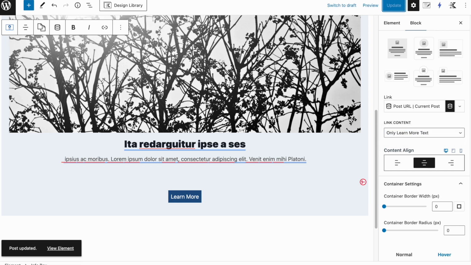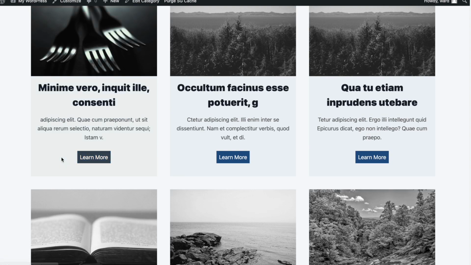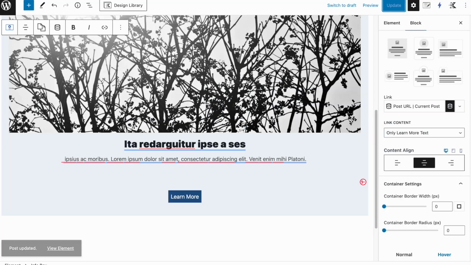Let me show. Now they will have the button, and if I hover over it, you see my cursor doesn't change. Also on the image it doesn't change, so people normally will see, oh, I can't click on the article to open it, but if you hover here, you see it changes to a clickable button, and then they go to the article. If you set it to the entire box,